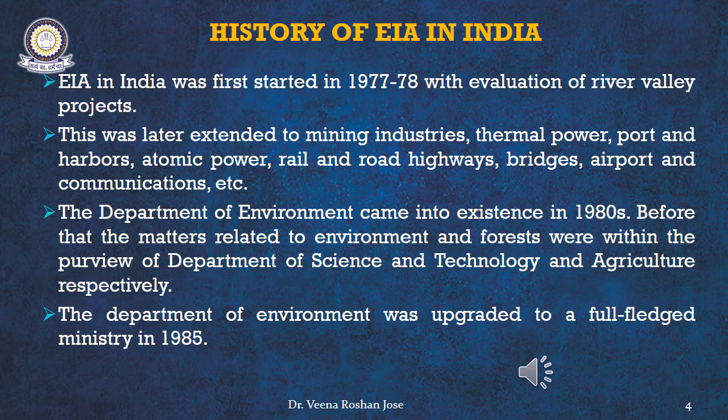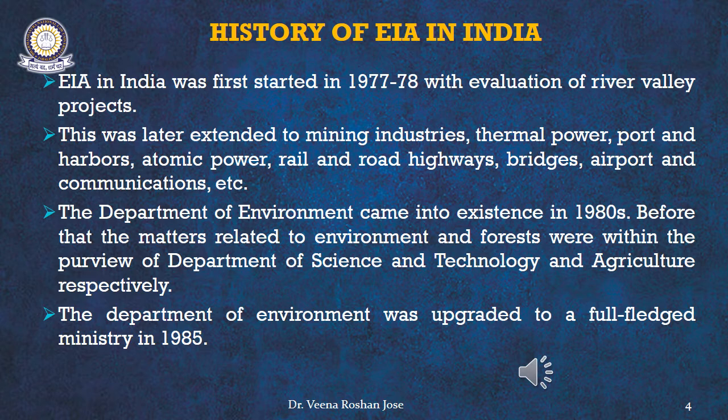Now let's see the history of EIA in India. In India, this process was first initiated during the 1977-78 period with the evaluation of river valley projects. So during that time, whenever a river valley project was commissioned, it had to undertake this EIA process. This was later expanded to mining industries, thermal power, port and harbors, atomic power, rail and road highways, bridges, airport